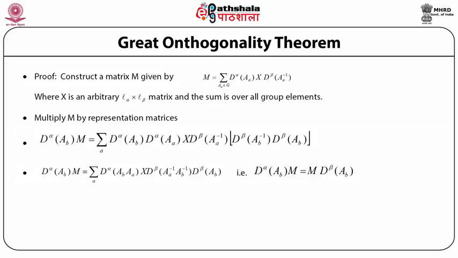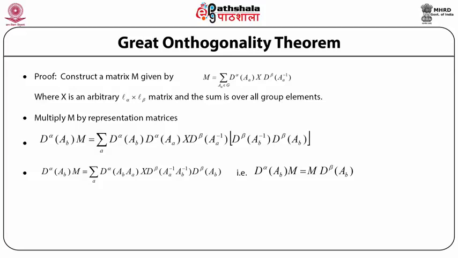So D alpha is a representative matrix of order L alpha, D beta is a representation matrix of the inverse of the same element, which is of order L beta. Multiplying this expression, M is equal to sigma D alpha(A) X D beta(A inverse), by the representation matrices,